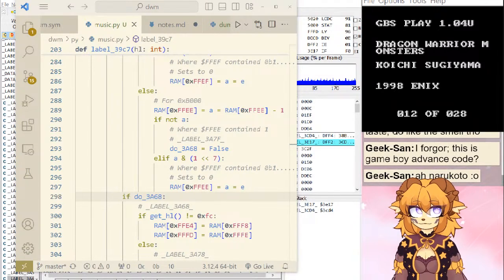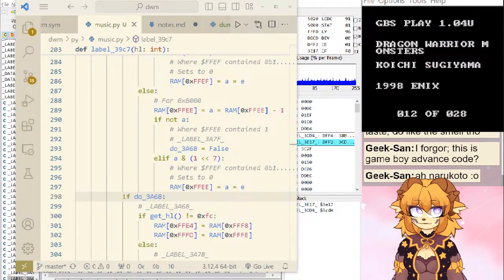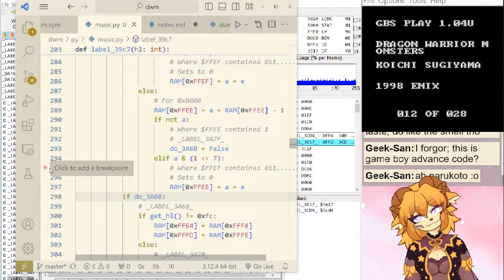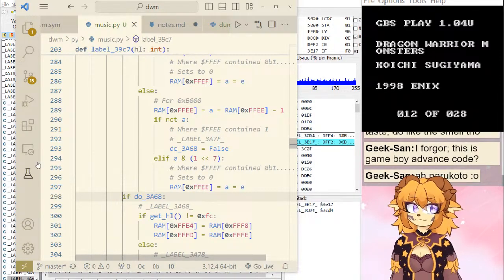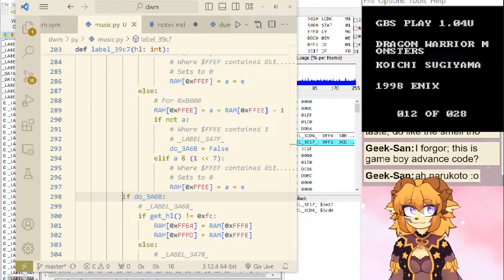Song is kind of dumb, huh? I don't know how well you guys can hear the music. It's a little low for me.